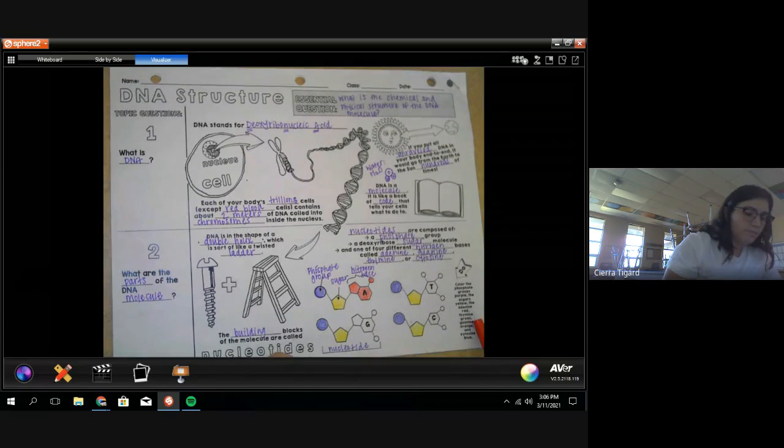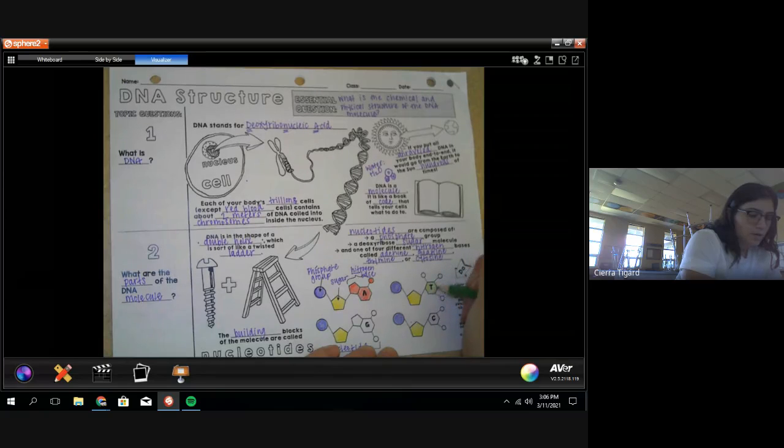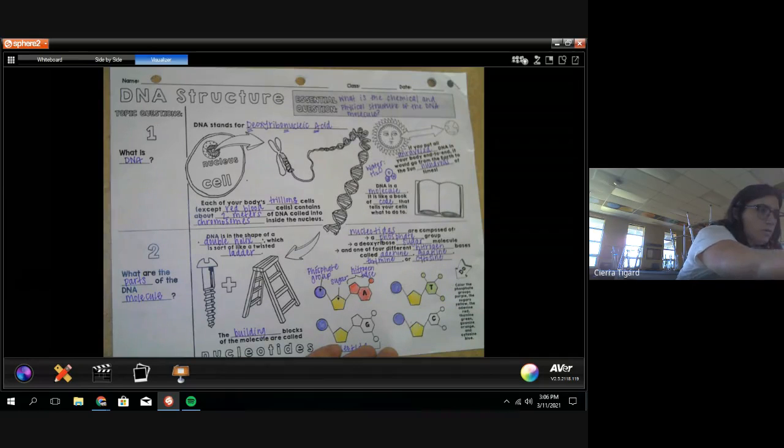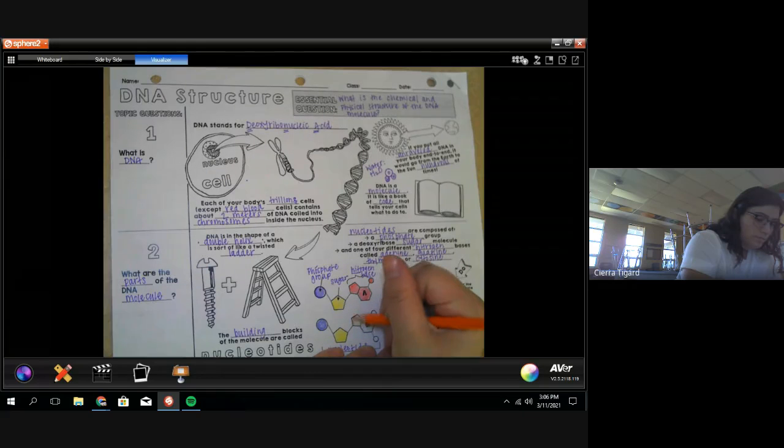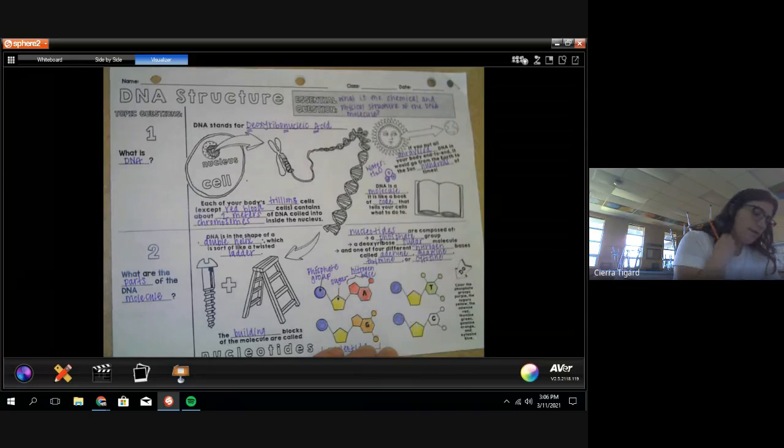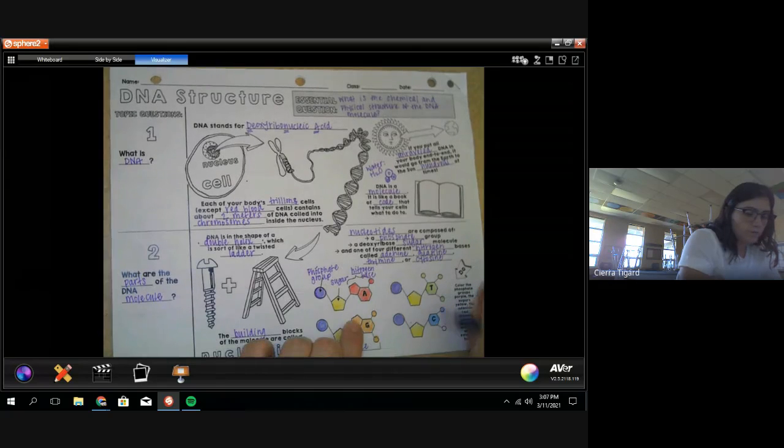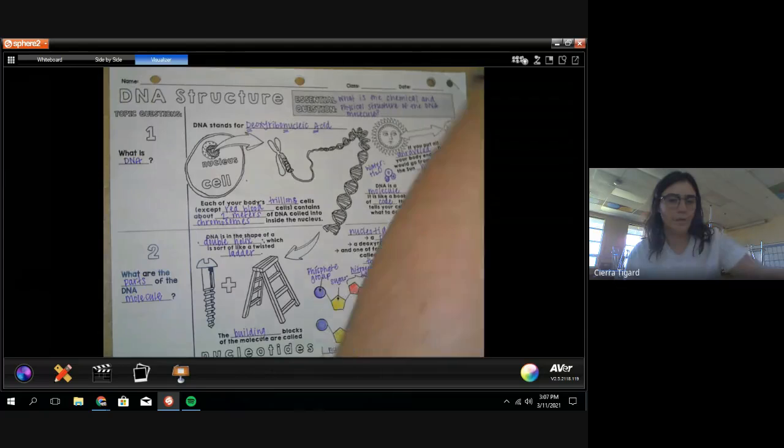Then we have thymine, which is going to be green. And thymine only has one ring structure. It's a little guy. We can color these in too. Then we have our guanine, which is going to be orange. And then we have our cytosine, which is going to be blue. And that's a one ring structure as well, while the guanine was two. Beautiful. Okay, moving on. So we have our second page, which is where it's going to get a little bit